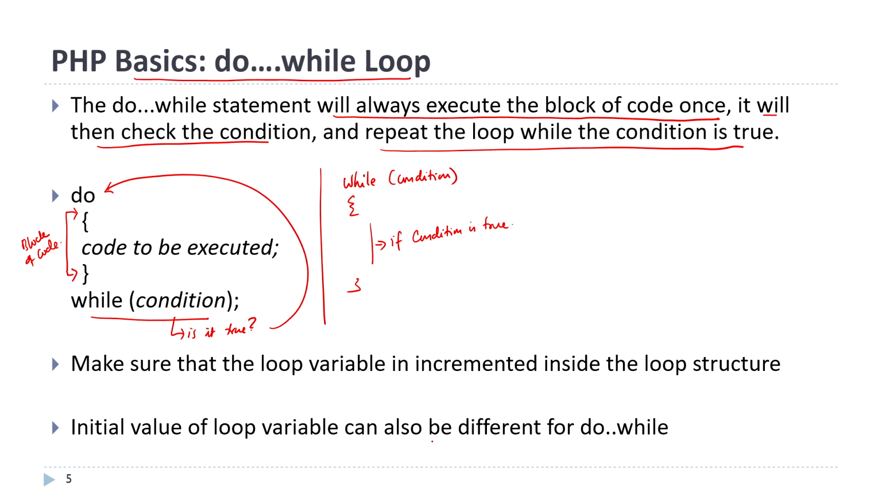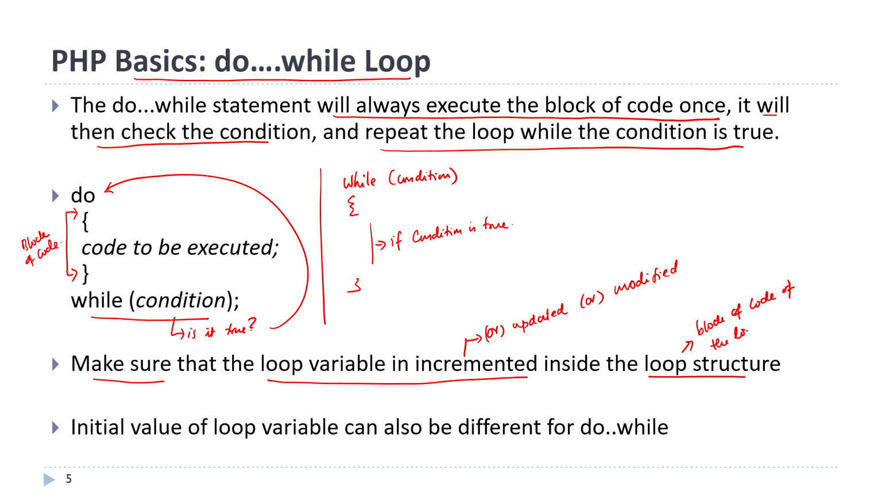the condition is false. To make sure of that, you have to ensure that the loop variable is incremented, updated, or modified inside the loop structure, and inside the loop structure means inside the block of code of the loop. So, you make sure that the loop variable is incremented or updated or modified within the loop structure or the